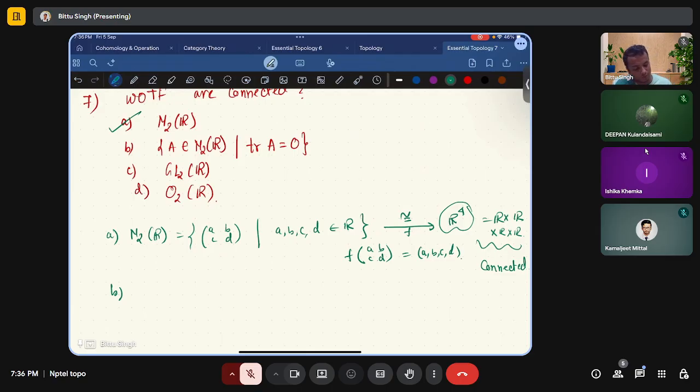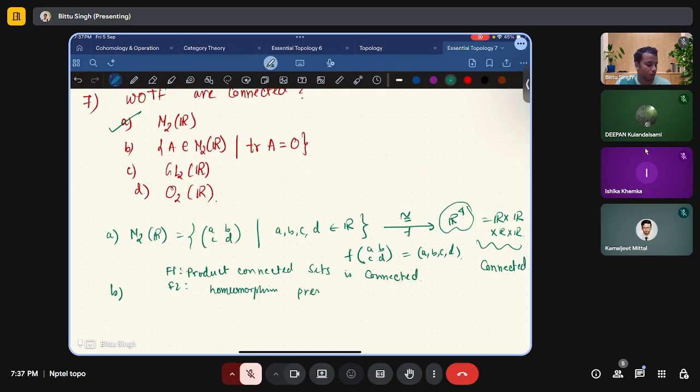So we are using some facts. Product. Fact 1: product of connected sets is connected. And fact 2: it is also easy to see homeomorphism